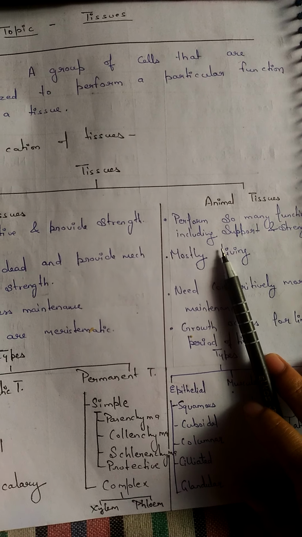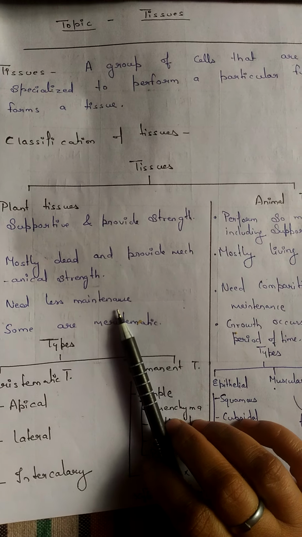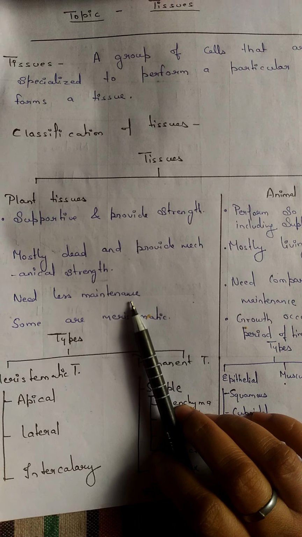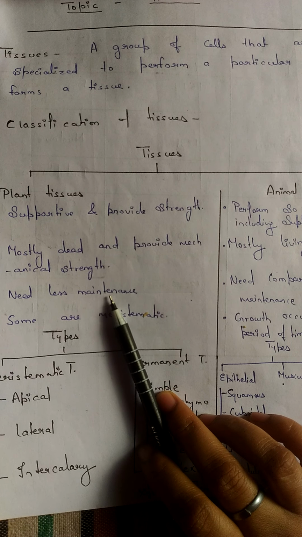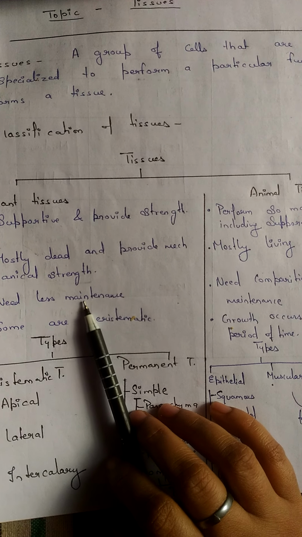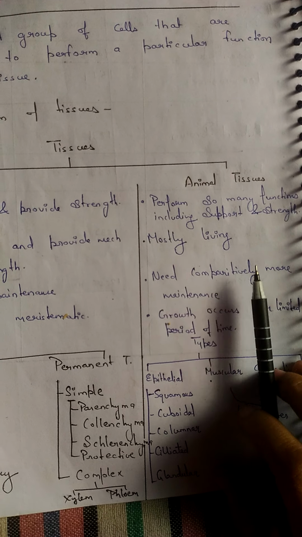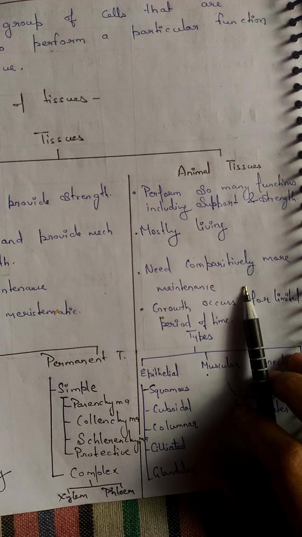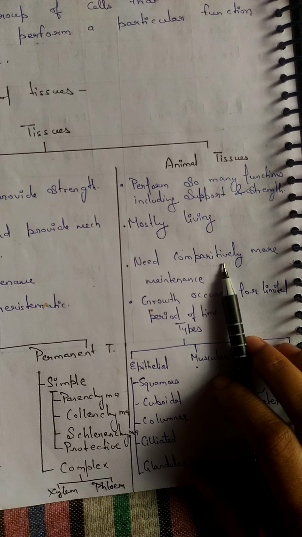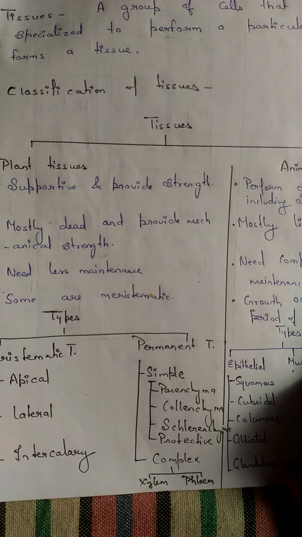In animals, most of the tissues are living in our body. Plants, have you ever seen a plant taking an umbrella in the rainy season, or wearing a sweater in the winter season, or putting the AC on during the summer season? No. Why? Because most of the tissues are dead, that's why they require less maintenance. While animals, whether domestic or wild, need more maintenance. In adverse conditions they hide themselves, they go in search of food, so they need more maintenance as compared to plants.